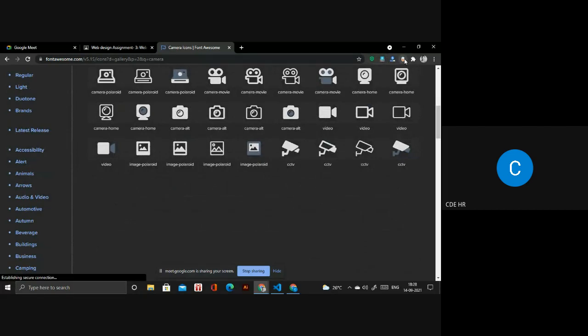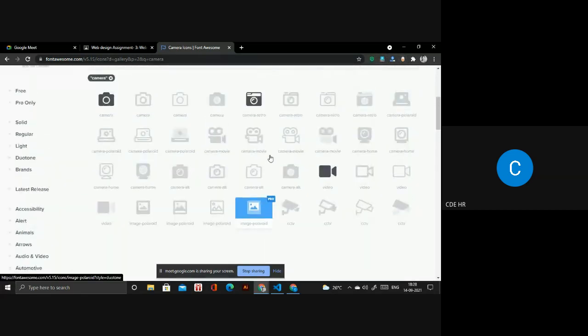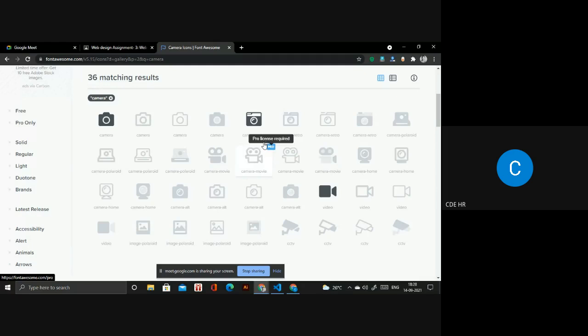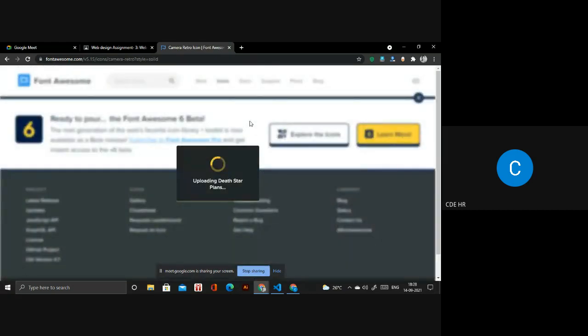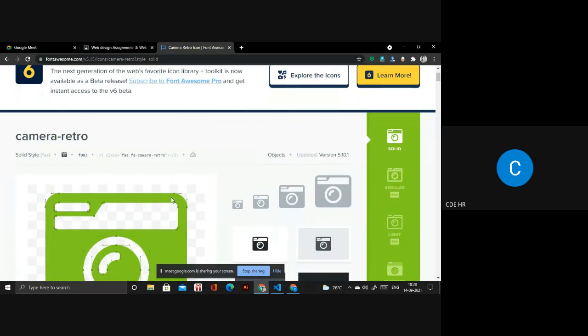We have to choose one. Which one do we have to choose? You can choose the Camera Retro. And I need to paste that serial link as well, right? In that header part. So at first I will choose the picture, fas fa-camera-retro, right? We have to go there.